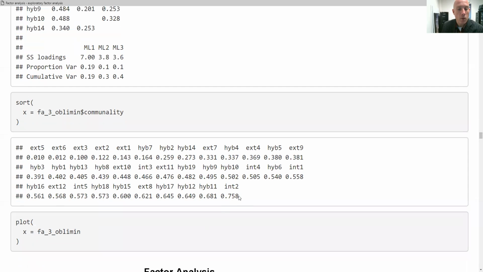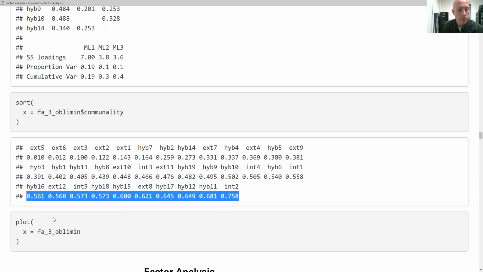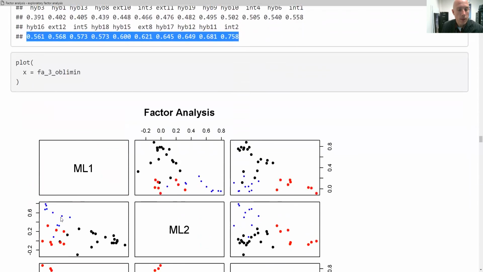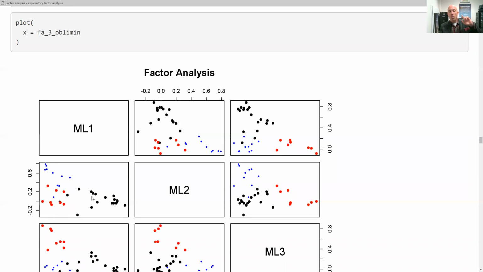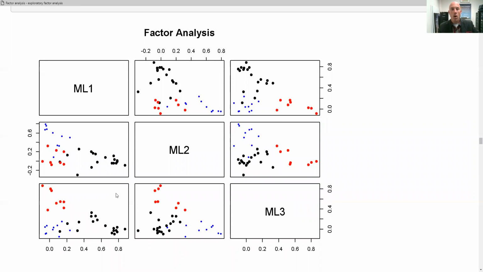Now here we can take a look at our communality. And now let's plot. Okay, so we see that we have a pairs plot on our factors. All right, we're used to that. We're okay with pairs plots. But how did these dots get colored? Like, what do the colors mean? I'm glad you asked. If I look up here,